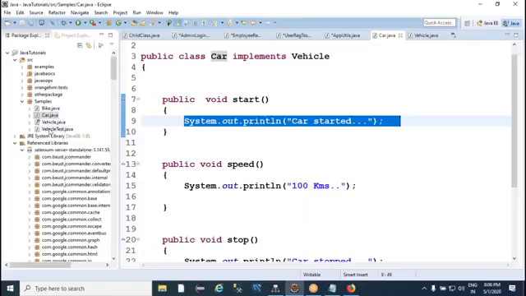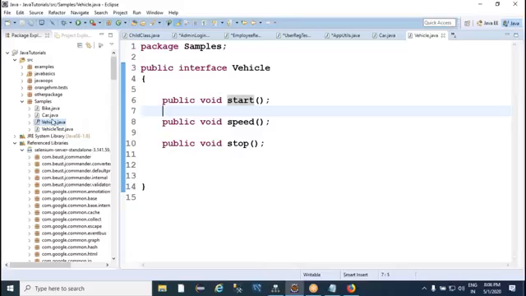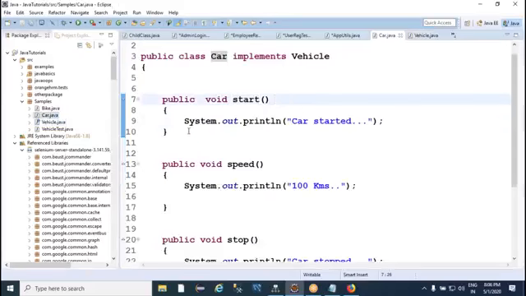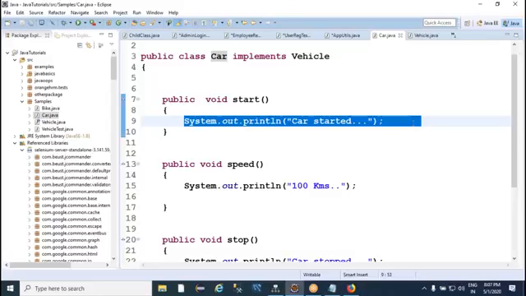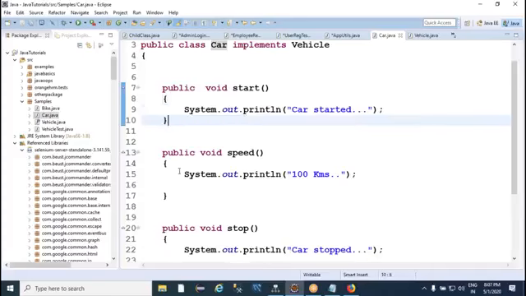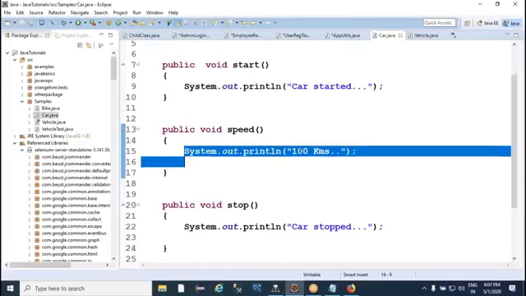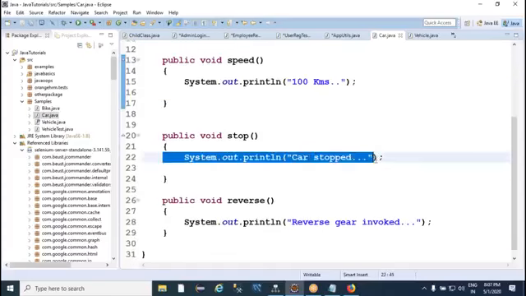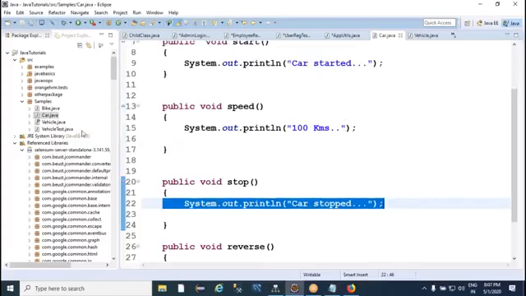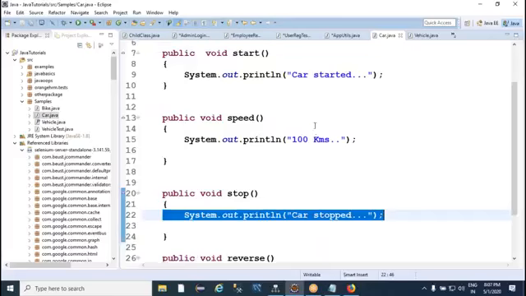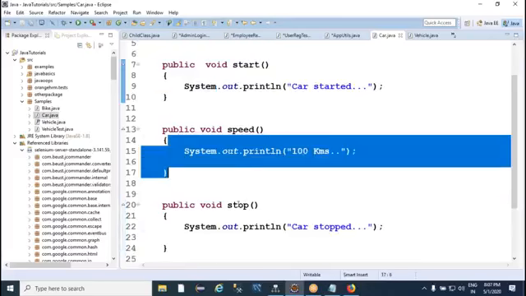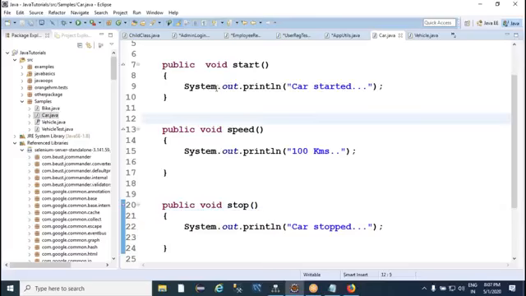Whatever the functions available here, we can make use of them. Start: here you have to write the procedure of starting a car, but actually I am simply printing car started. Speed of the car, 100 kilometers. Stop, car stop. See, three functions available in the super, the actual implementation available here,